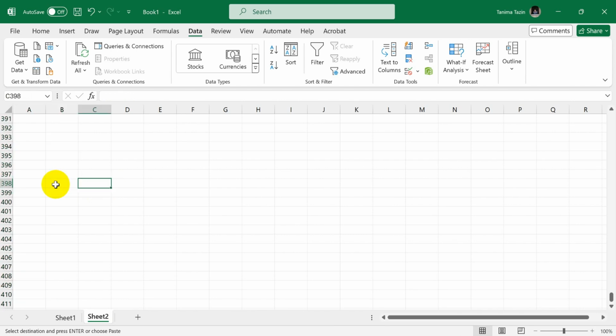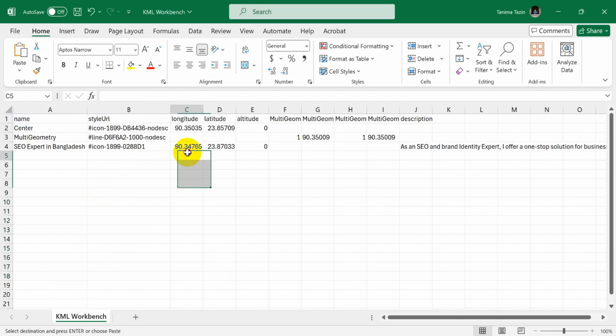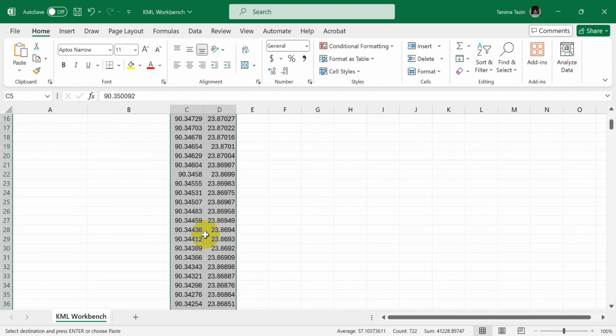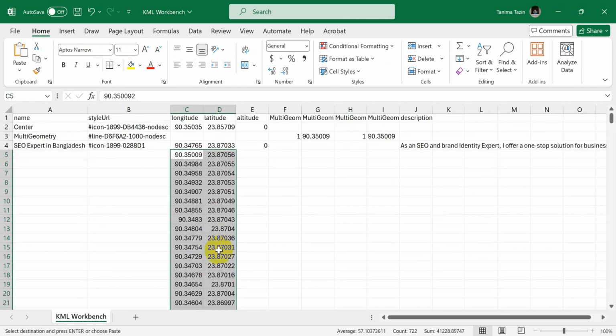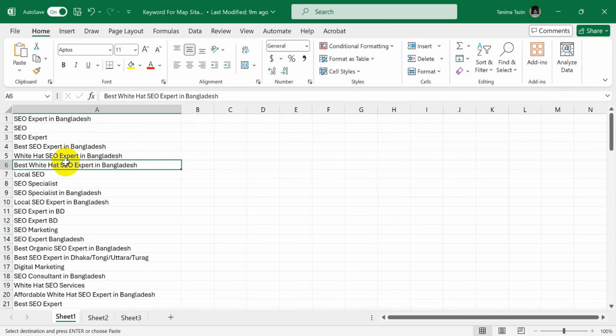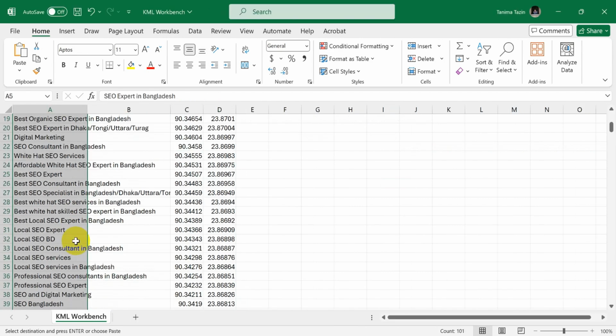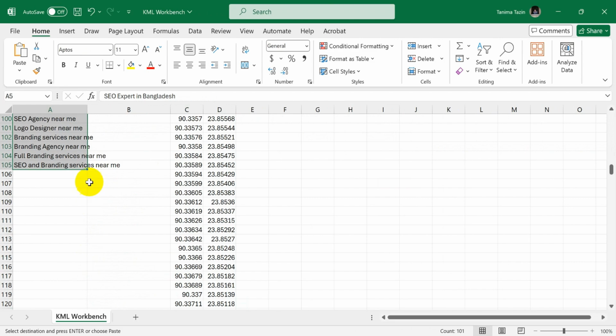Oops, I made a mistake, I'm not actually doing that. I can just press Ctrl A and then Ctrl C and then Ctrl V here. So here are the longitude and latitude. Now I'm going to place all the keywords here. Again I am pressing Ctrl A to select all, Ctrl C and Ctrl V, and now drag down to top